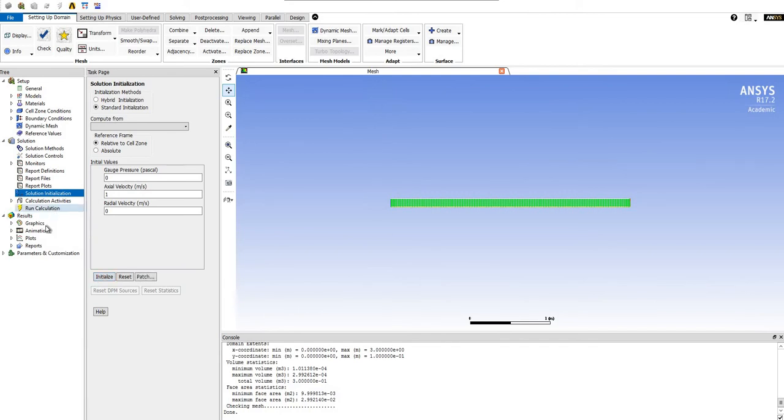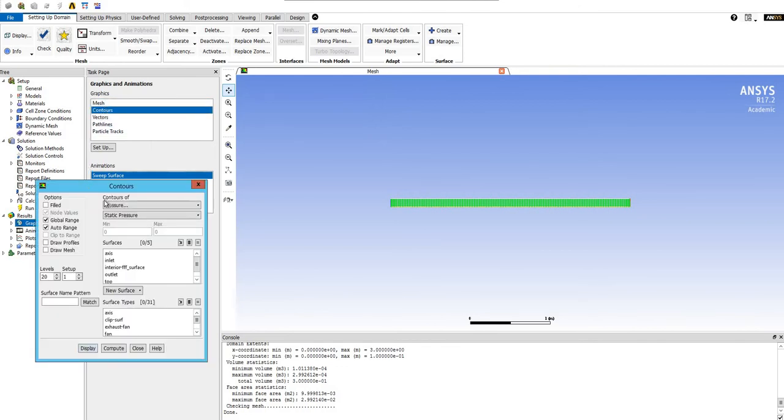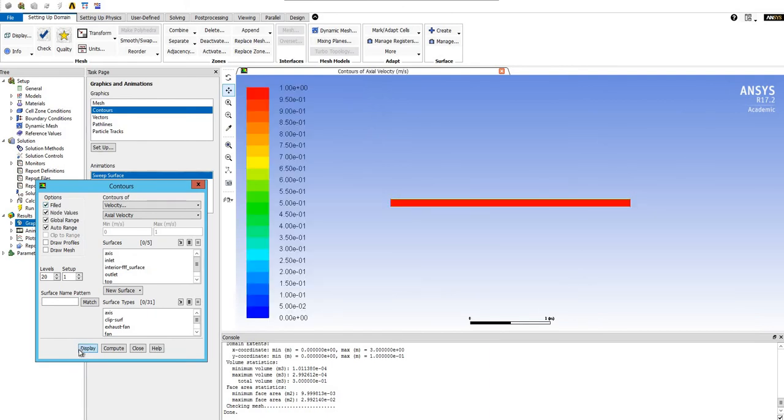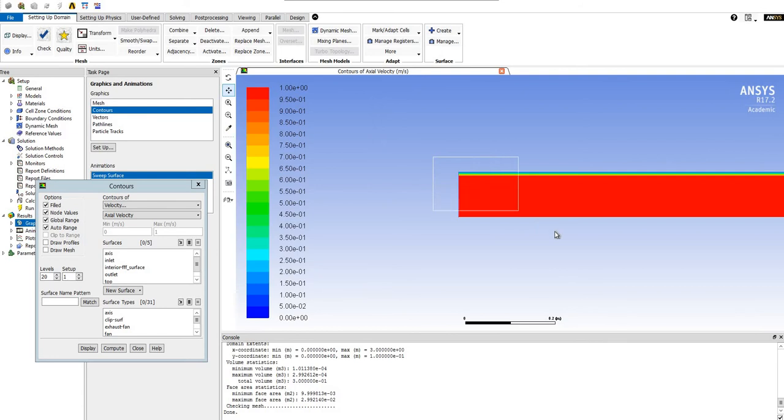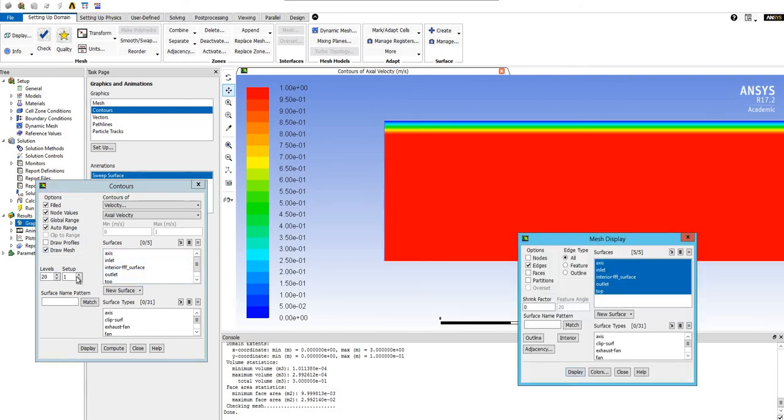Now before running calculation, we'll set up a graphic. So I hit graphics, double click contours, contours of velocity, axial velocity, filled, and display. And so to zoom in, click and hold the scroll button and make a box from left to right. Hit draw mesh,